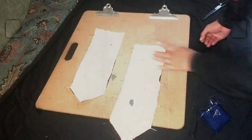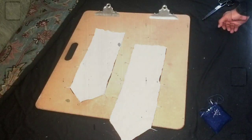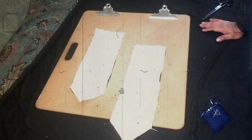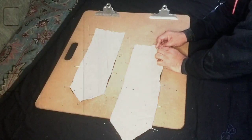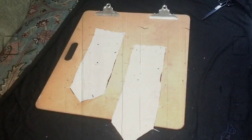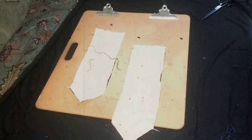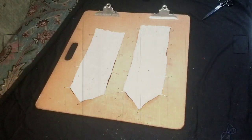And like I said, logically, you would end up cutting all of your pieces together before you end up doing any of this. Once all of your components have been cut out, you end up assembling them, as I'm doing here, putting them together. So you can just go to the sewing machine and sew everything all at once. But again, because I really have no concrete idea of how this is all going to come about, I have a general idea as to what the design is. I have a general idea as to what embellishment I might add, but I have no idea of anything concrete as of yet. So for that reason, I'm going to sew probably these first, or just leave them